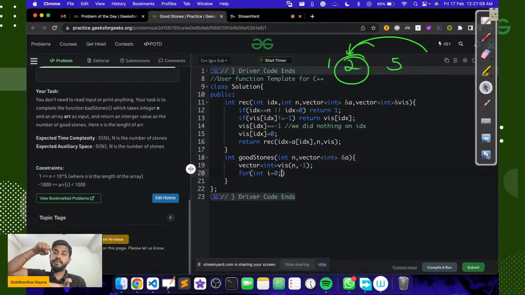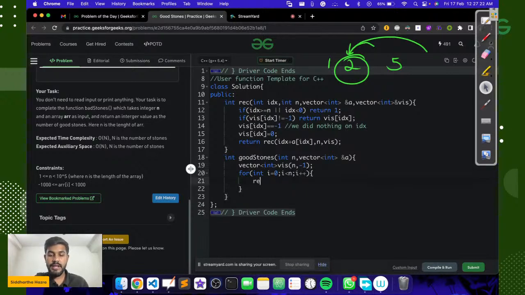Like the starting point would be first 0, then 1, then 2, then 3. We would start processing from every point. For int i equals 0, i plus plus, and then we would say rec of 0 comma n comma a comma visited array, and then